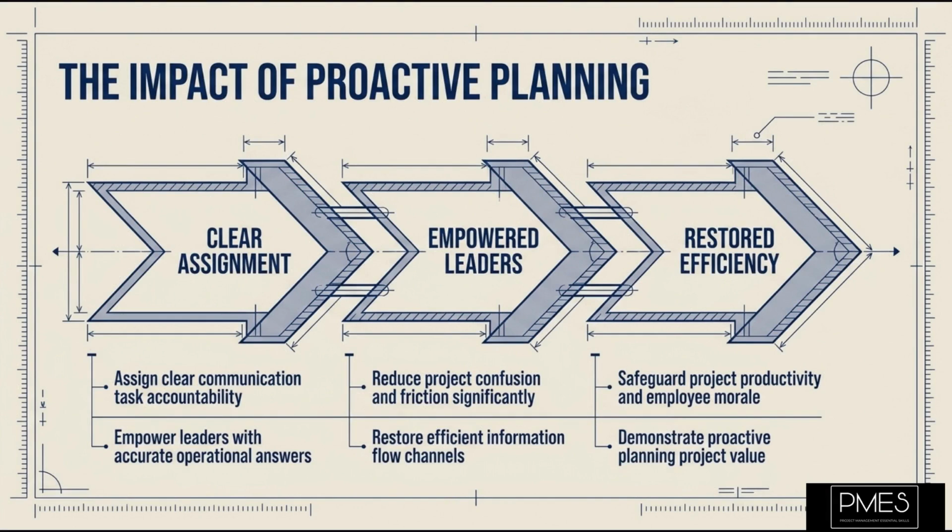She assigned clear responsibilities for each communication task, ensuring that the right person was accountable for delivering the correct information. By quickly implementing this structured approach, Sarah significantly reduced confusion and empowered department heads to answer common questions. Critical information began flowing efficiently to the right people. Without this swift action, the office move would have been far more chaotic, negatively impacting productivity, employee morale, and potentially delaying the entire relocation. This scenario highlights a vital lesson. Proactive communications planning, even when reacting to a crisis, is essential for project success.